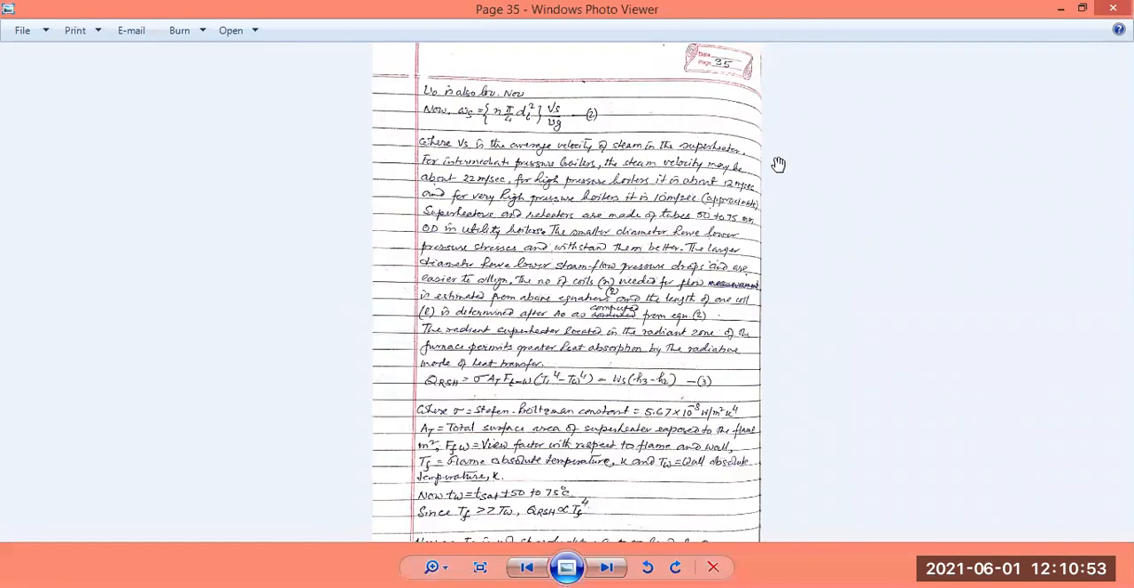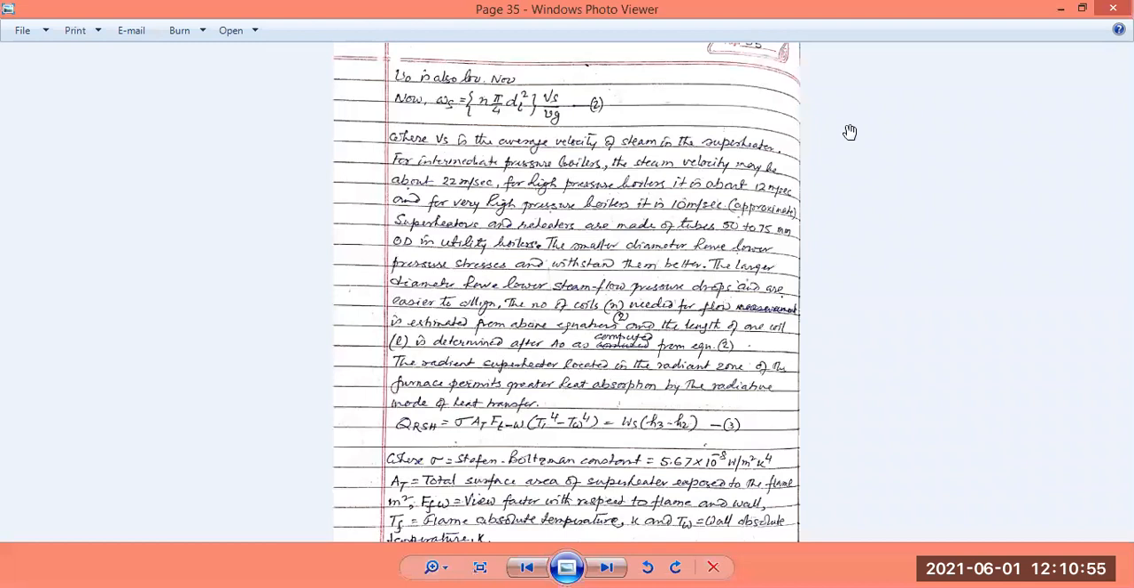Now Ws, or omega s, is equal to n pi by 4 di square, where n is the number of coils and di is the internal diameter of the coil. So the total inner area of the coil is multiplied by Vs, the average velocity of steam in the superheater. In intermediate pressure boilers, the steam velocity may be about 22 meter per second. For high pressure boilers, it is about 12 meter per second, and for very high pressure boilers it is 10 meter